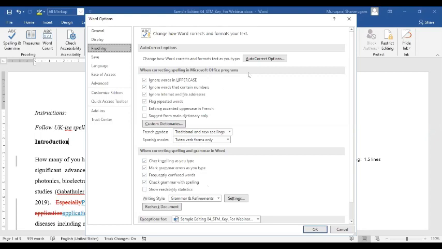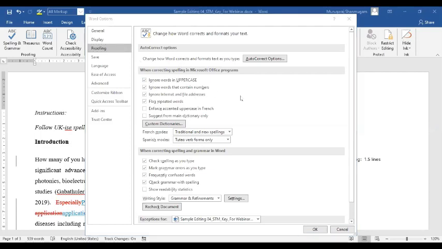Some of these choices are ignore words in uppercase. So you might notice that abbreviations are not showing as errors, even though they are not acronyms, word-sounding abbreviations. They will not be shown as errors because by default, uppercase words are set to be ignored.